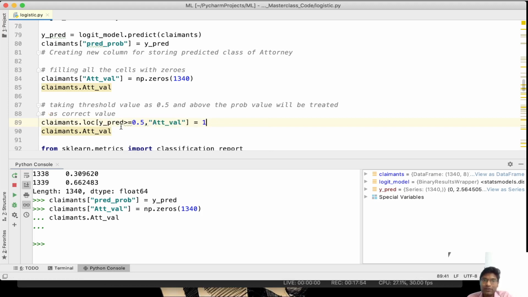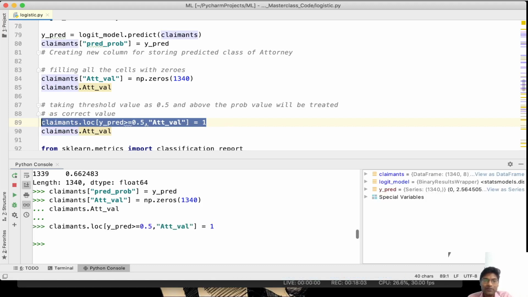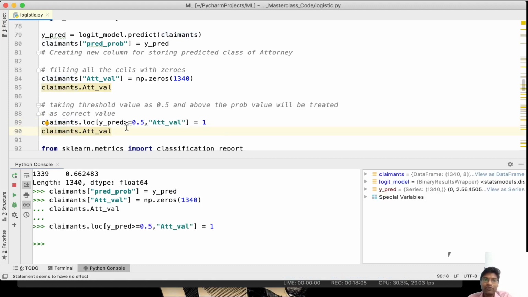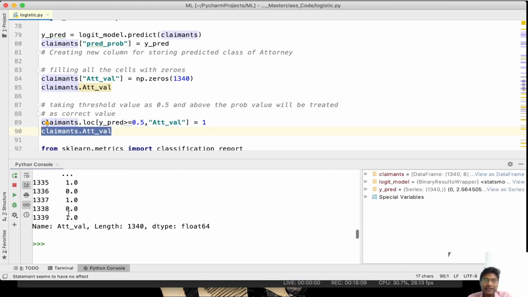If it is less than 0.5, it is already 0, so nothing would be impacted. Wherever my score is above 0.5, that particular index position alone will be assigned 1. After performing this step, if I execute this attribute value, we will be able to observe just 0 or 1 values present in it. So this column contains all our predicted classes.